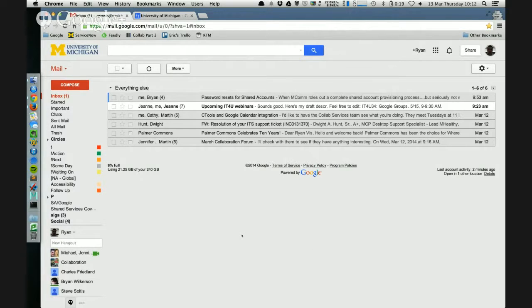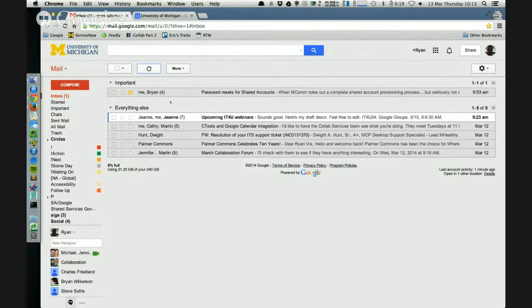Right now, I'm looking at my inbox, and you can't really tell, but I have a mode configured here called Important First. If I were to get a message from someone that I've trained Google Mail to recognize as important, so my supervisor, for instance, it's automatically classified as important, and a section shows up above this Everything Else section that shows important messages. I'll refresh briefly. I've marked this message as important, and now I have that section displayed. And this little indicator shows me that Google thinks this is important.